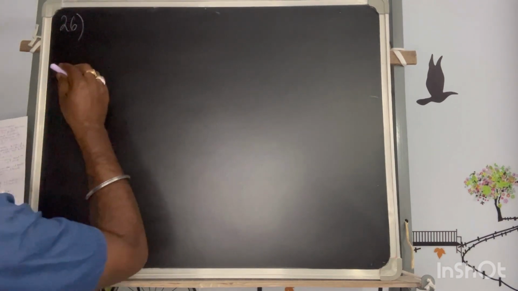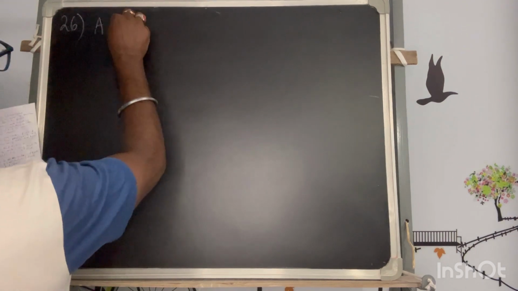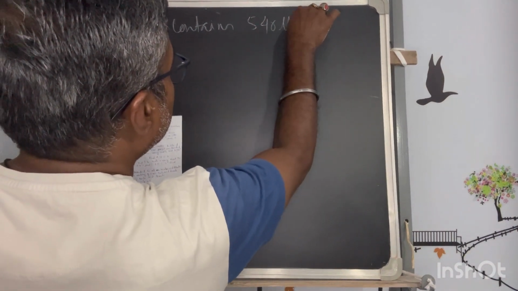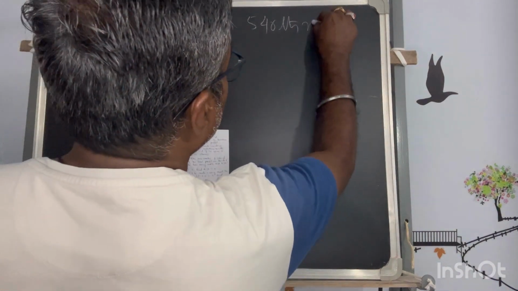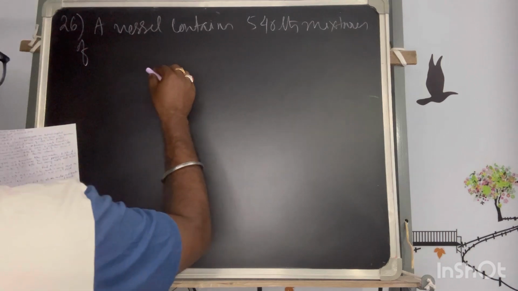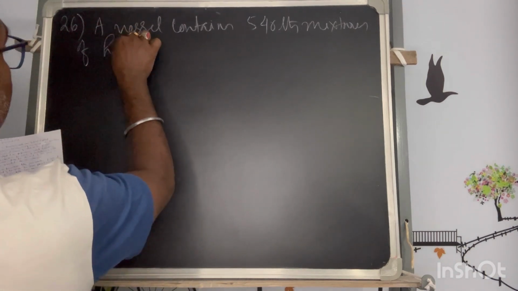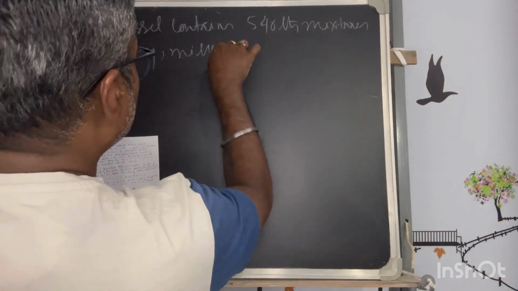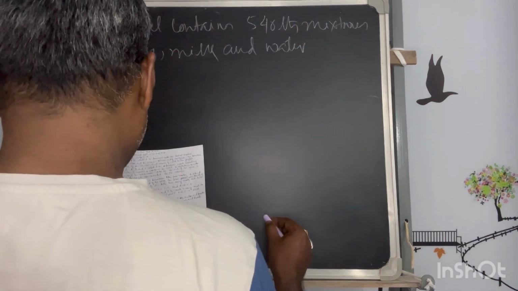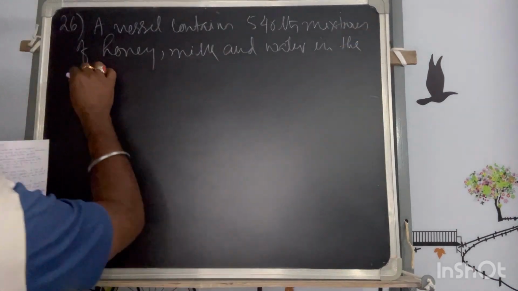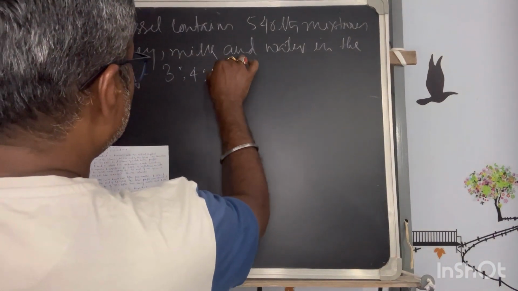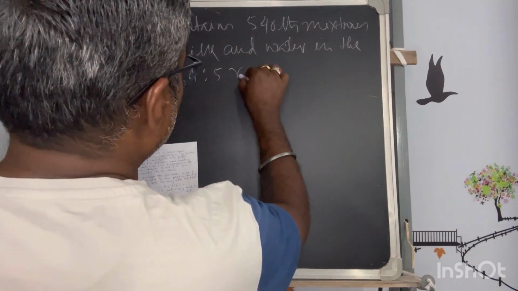A vessel contains 540 liters mixtures of honey, milk and water in the ratio of 3:4:5 respectively. Okay,